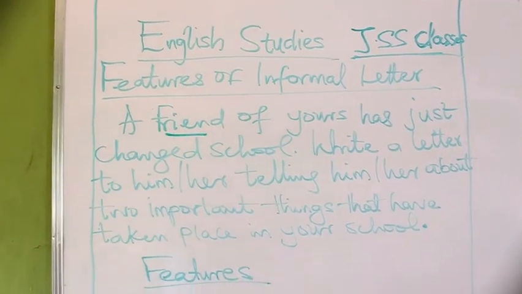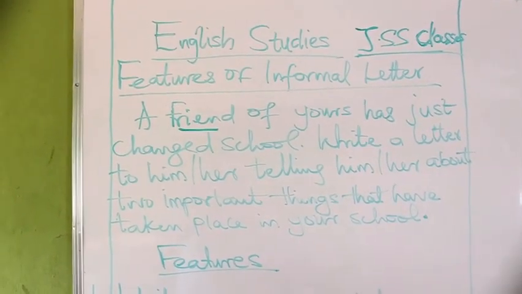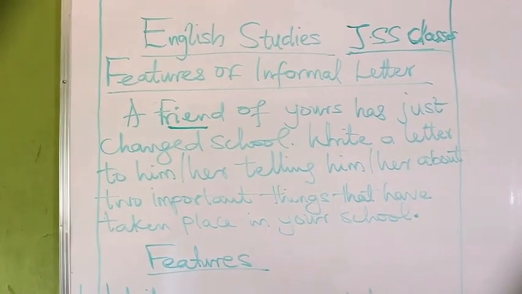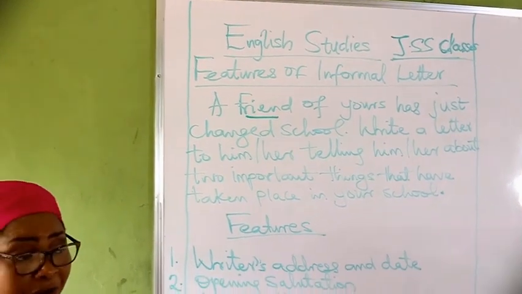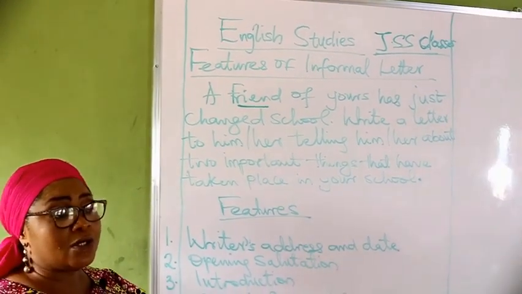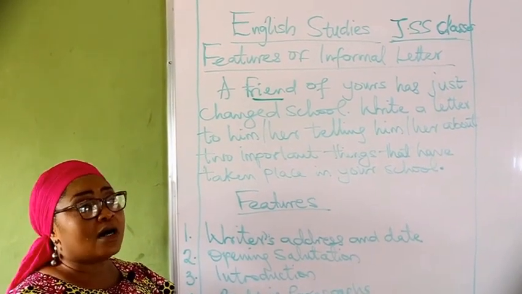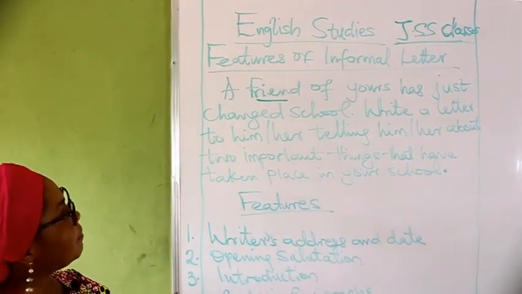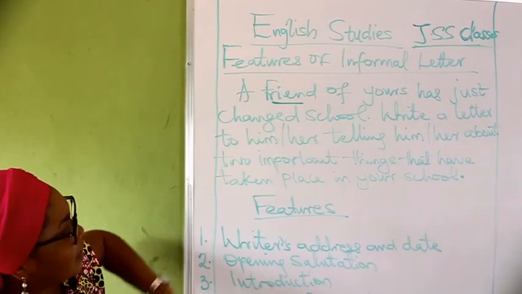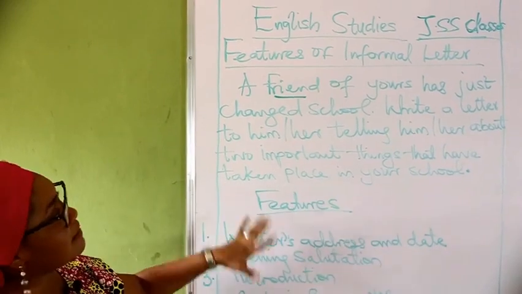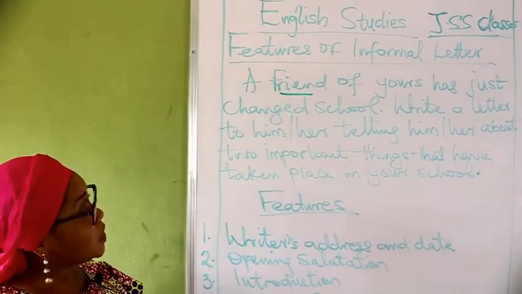Okay? Now, remember, our introduction says that an informal letter is a friendly letter. So we're writing it to a friend. As I write it to a friend, you can also write to a family member, your parents, your relatives, your uncles. You can also write to a distant relation. Okay, now we'll be using this very topic on the board to buttress more on this informal letter, features of an informal letter. So let's proceed.